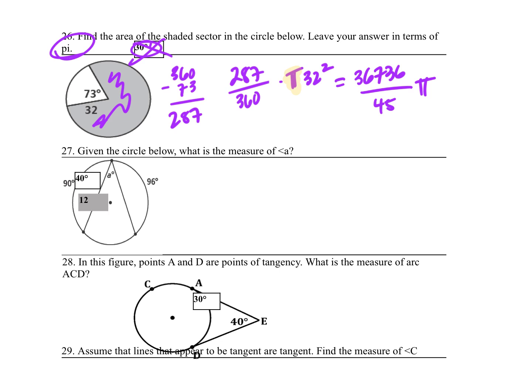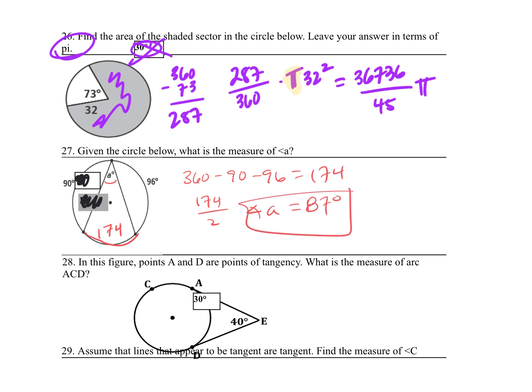Moving on to number 27. Okay, it appears those two extra numbers were just an import that was weird, and I am trying to find the measure of this angle here. So I need this arc. So I need to do 360 minus 90 minus 96. So minus 90 minus 96, 174 is the measure of this arc, and angle A is an inscribed angle, so angle A is half of 174, which means angle A is equal to